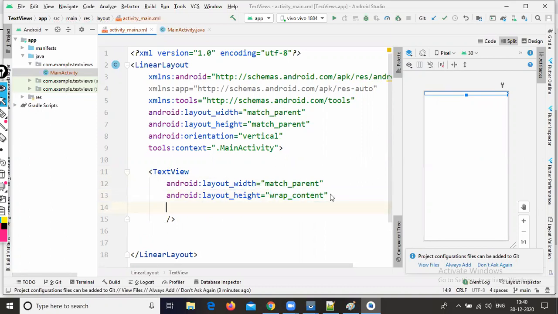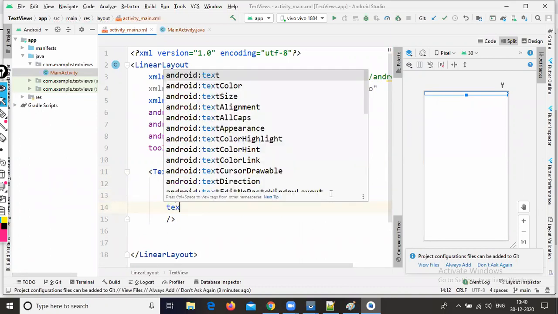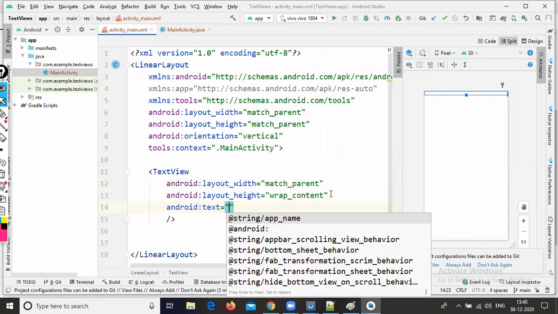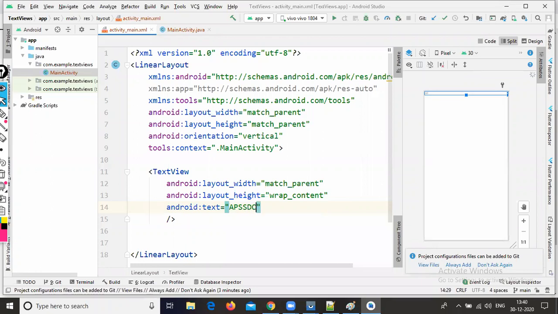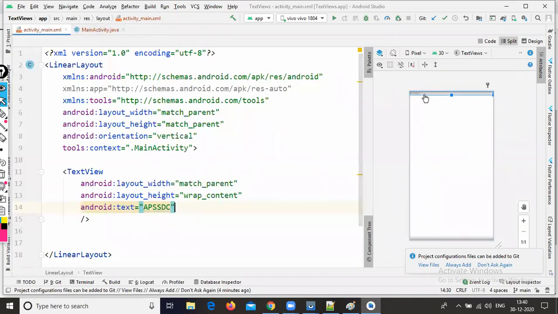Here I'm writing the text property, android:text, APSSDC. If you observe this screen, it is displaying in a small size. I want to increase the text size.